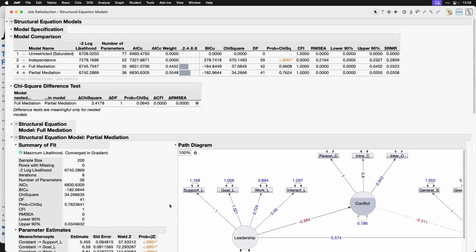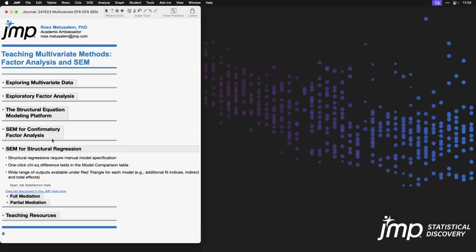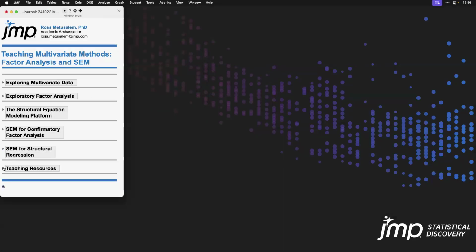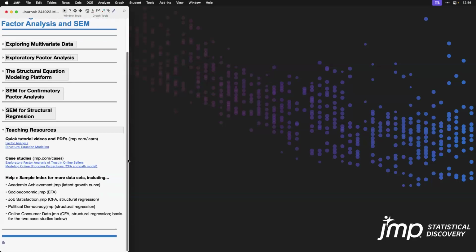This is just one more example here to help you understand how the structural equation modeling platform works, how to use it effectively, and another data set that perhaps you'll be able to use in your course in this job satisfaction data set. Now, it's just a few minutes left. Let's talk teaching resources. You've seen many along the way. What we haven't mentioned so far are a couple quick tutorial videos and PDFs in our JMP Learning Library, and that's at